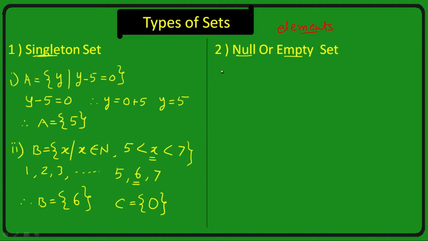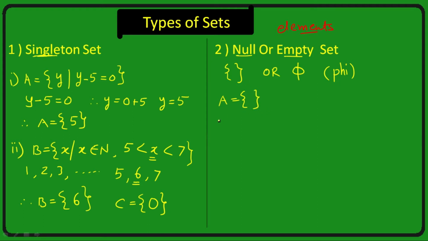Null set is generally denoted by two curly brackets like this, and otherwise you can denote the empty set by this type of letter. This is phi. You can pronounce this letter as phi. Just draw a 0 and make one vertical line through it, and we get this letter. That letter is called phi. This letter belongs to the Greek alphabet. So if there is no element in the set, then that type of set is called the empty set. Like this is the empty set.